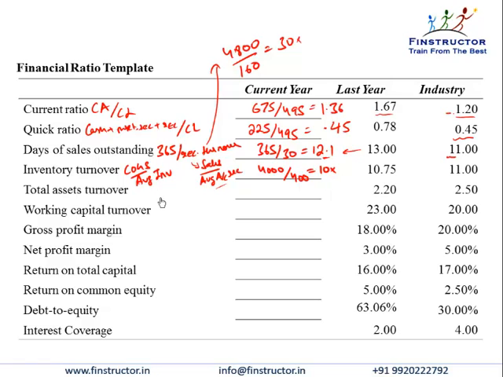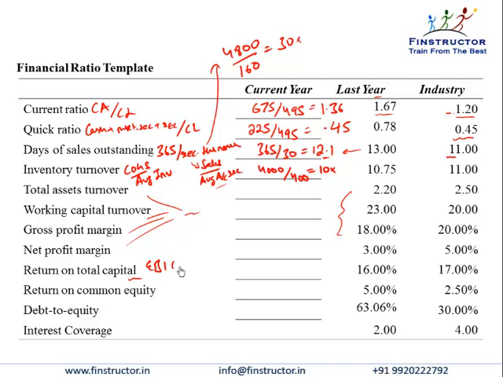Likewise, the total assets turnover, working capital turnover, gross profit margin, net profit margin can easily be calculated from the formula that we studied earlier and can be compared with the industry as well as the company's metric last year. We'll now move on to computing the return on total capital, and this is defined as the